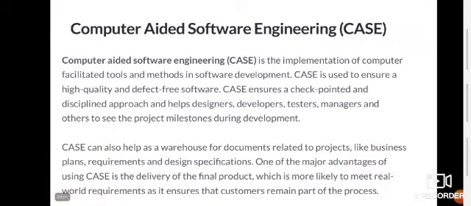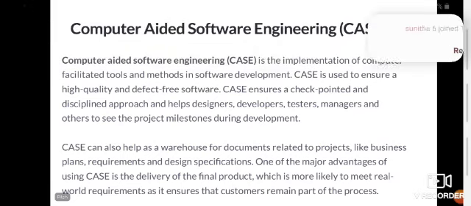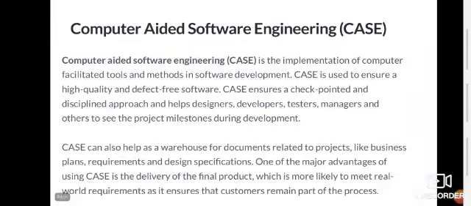Okay, coming to the case tool definition, what does it mean? It is the implementation of computer facilitated tools and methods in software development, and CASE stands for computer aided software engineering. Aided means that it gives some support to software engineering. CASE is used to ensure high quality and defect free software. CASE ensures a checkpointed and disciplined approach and helps designers, developers, testers, managers, and others to see the project milestones